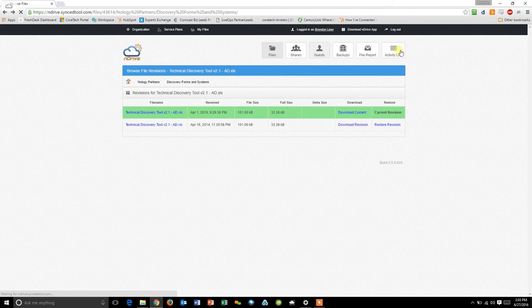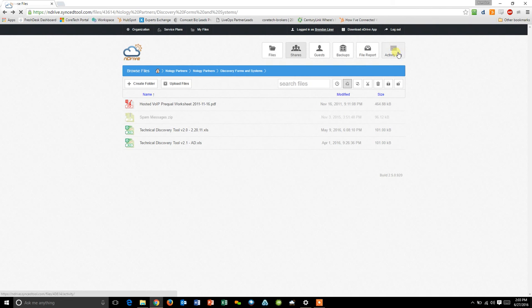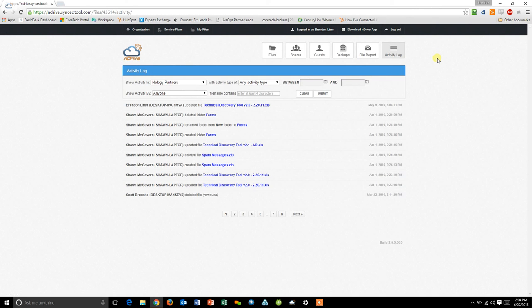In addition, the system also has a built-in activity log. What's great about this activity log is it's uneditable by us or by anyone within your organization, so you're actually able to see exactly what anyone in your organization has done at any given time. If you're worried that somebody maybe deleted something or has been accessing files that they shouldn't, as an administrator, you